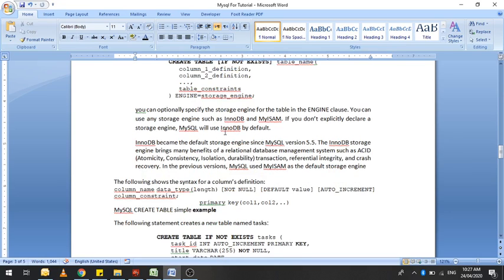Third, you can optionally specify the storage engine for the table in the engine clause. You can specify any storage engine.